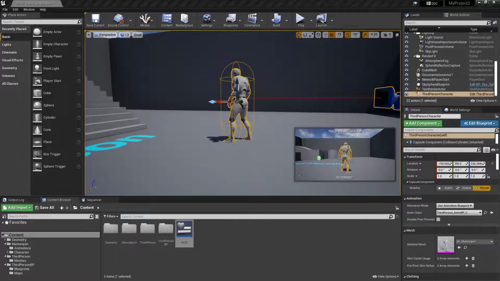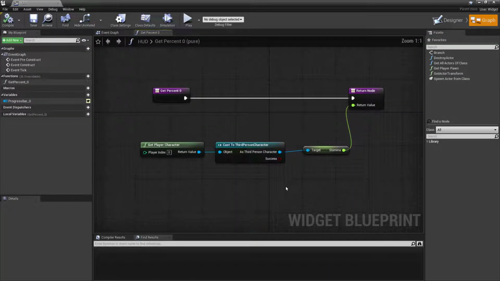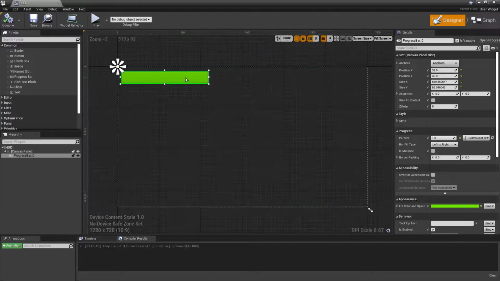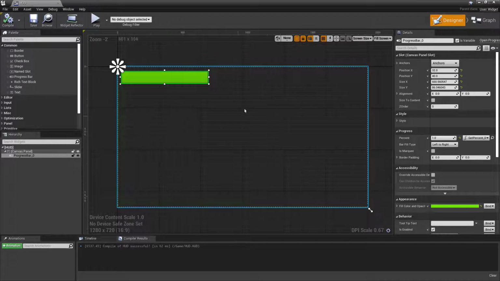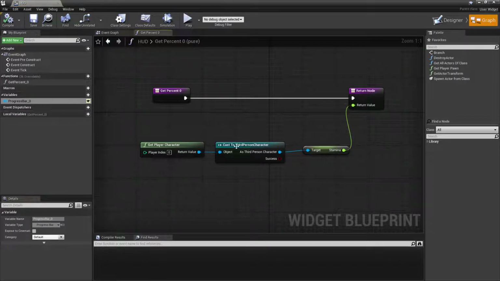Okay, so now if I was to open up the HUD that is connected to the screen, you can see what this does is it gets the player character, it casts to the third person character class, and it grabs the stamina and plugs that directly into the return value. So if I was to look here, we have a progress bar, and we have bound the percentage to this